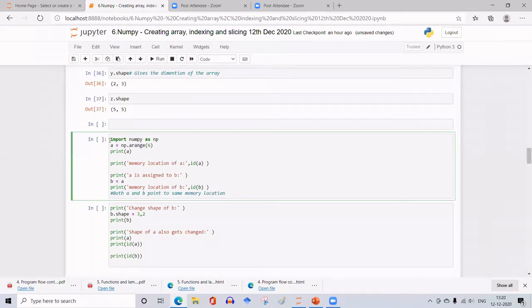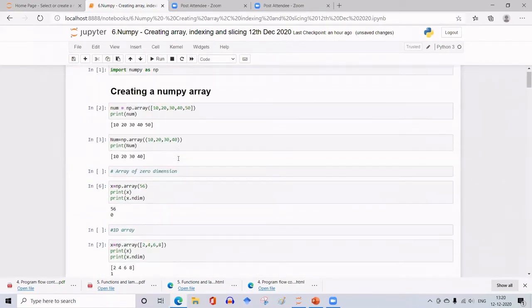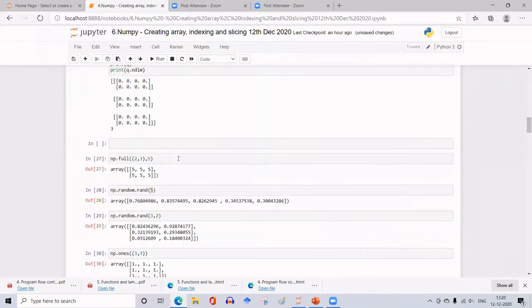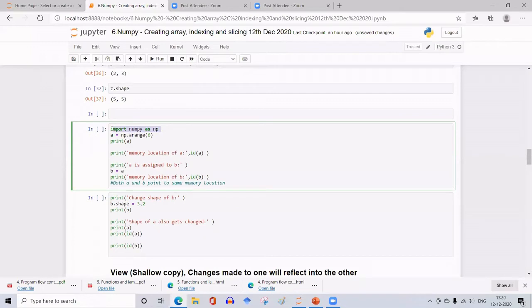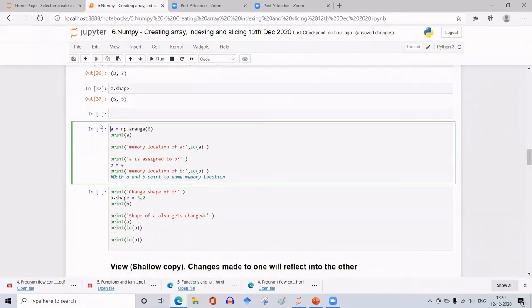In any program, if you want to use NumPy, you have to first import it. Anyway, in this page I have already imported. You don't have to import it again. So I'll form an array A by arranging 0 to 6 elements, np dot arange, then print A.